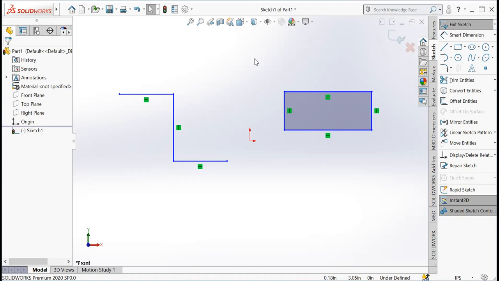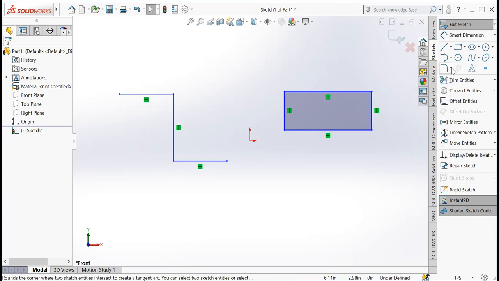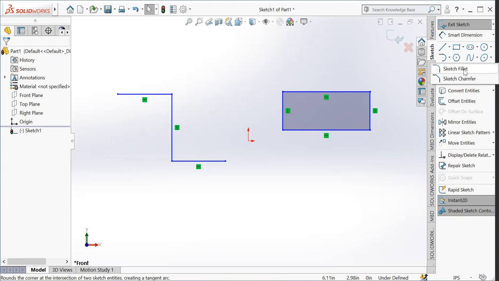So there is a provision of fillet and chamfer to make these surfaces or edges smooth. Now here, in Sketch there is one tool which is known as the sketch fillet tool. If I click on this tool, I get the sketch fillet or sketch chamfer. So I'm going to select this sketch fillet.